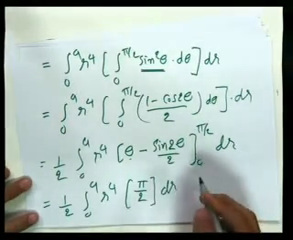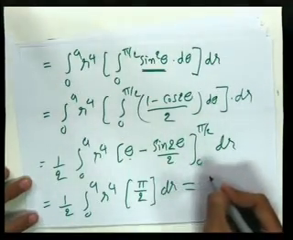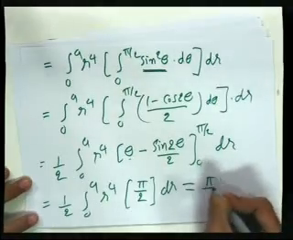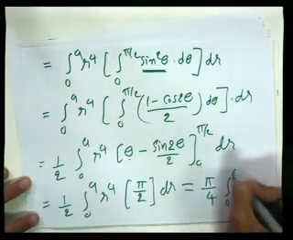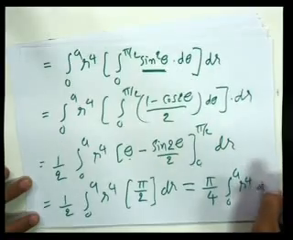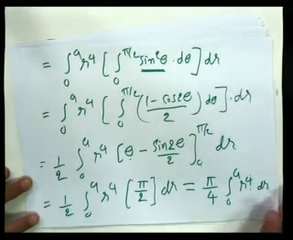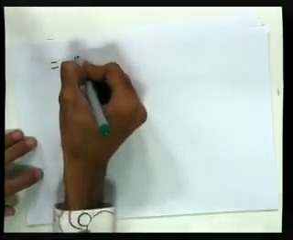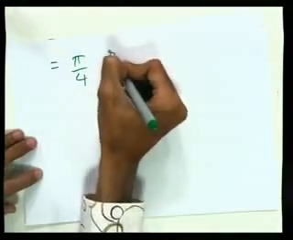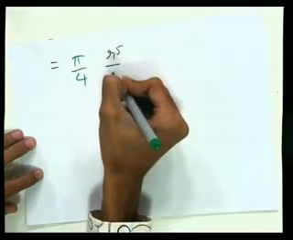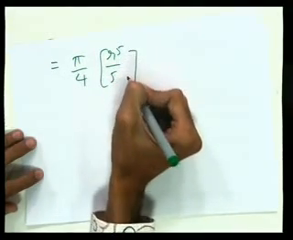So after all we will get pi by 4, 0 to a r raised to 4 dr. And after evaluating this one, we will get pi by 4, integration of r raised to 4 is equal to r raised to 5 by 5 at